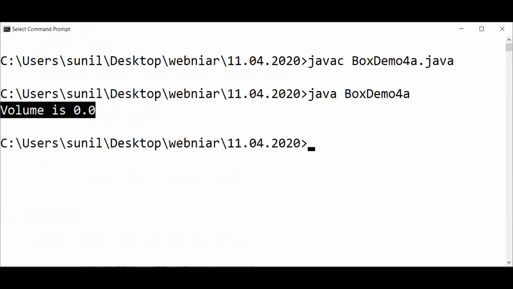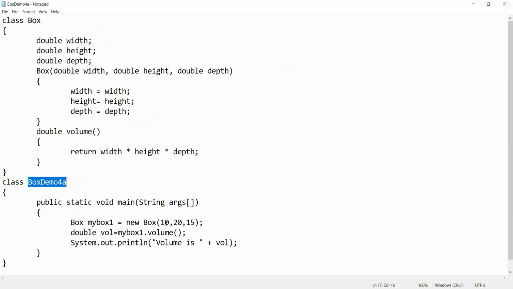So our program, we already gave 10, 20, and 50, but the output is coming as 0. So this is known as instance variable hiding, because here there is a confusion about which one is the class variable and which one is the local variable.